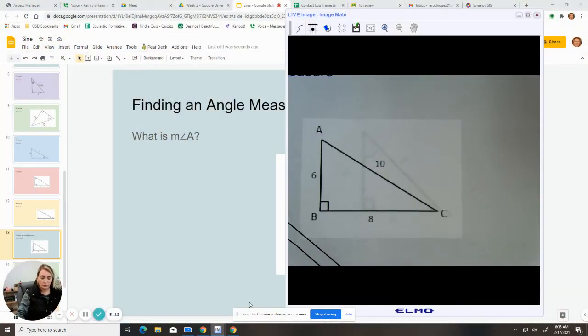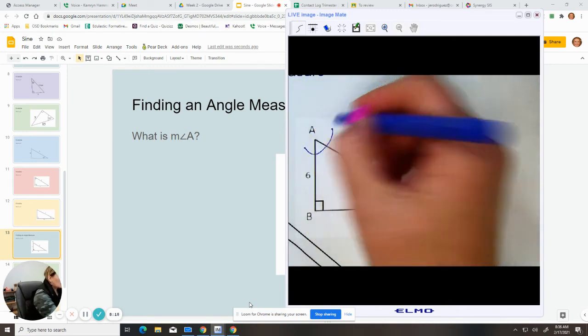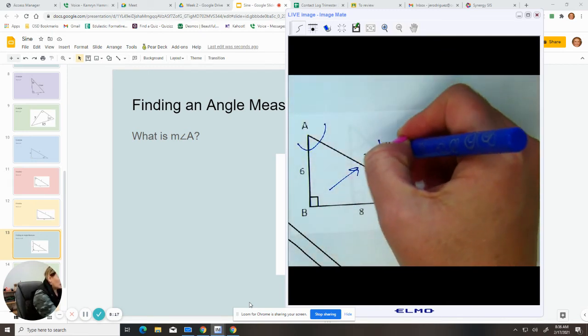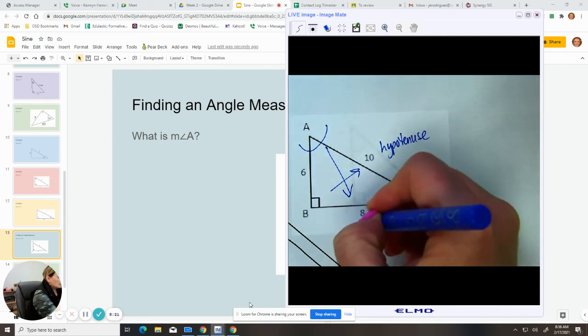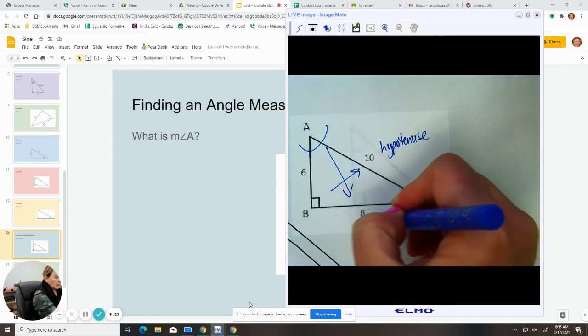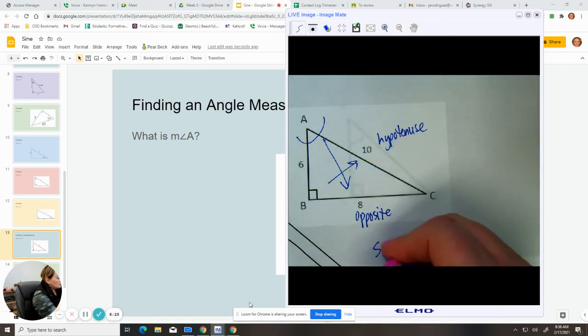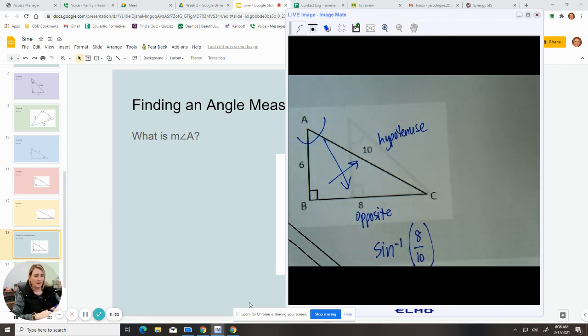Okay, and we are looking for A. So here's A. We know this is always our hypotenuse. And from A, this is our opposite. Okay, so we are going to be using our inverse sine of our opposite over our hypotenuse to find our